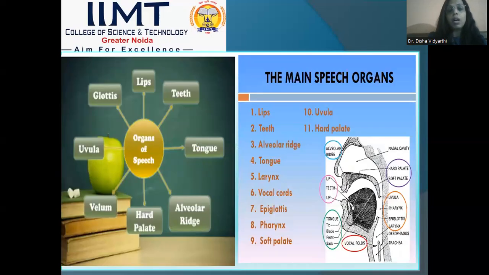Now, when we talk about the perfect sound system, or to understand the sound system of the English language, we talk about articulation. It means how the correct and appropriate sounds are produced. And when we talk about production and articulation, we need to understand the speech organs and how they work, because if we do not know the different kinds of speech organs, we won't be able to use them while producing those sounds.